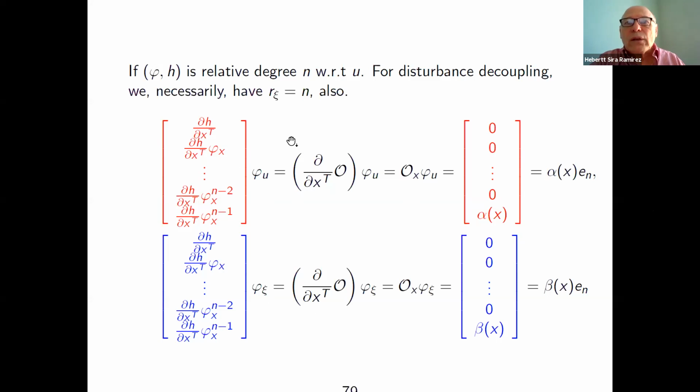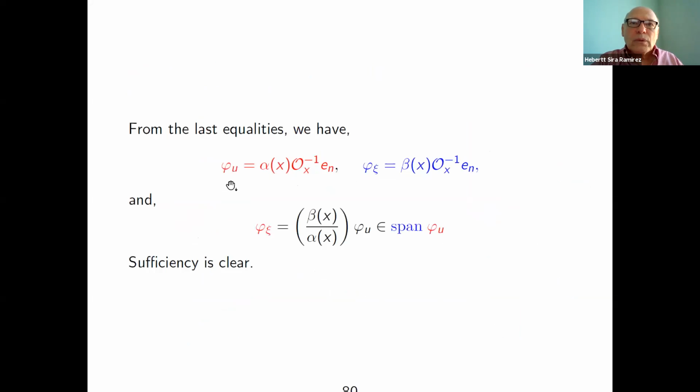So if that factor is 0, it means the control input will never appear in your system. So uncontrollable systems are characterized by the fact that this alpha is 0. Therefore, you have the same input-output structure from the actual input and the disturbance input. And if that is the case, then of course you can, because these two vectors only differ by a factor alpha or beta, you can actually put the input vector in terms of